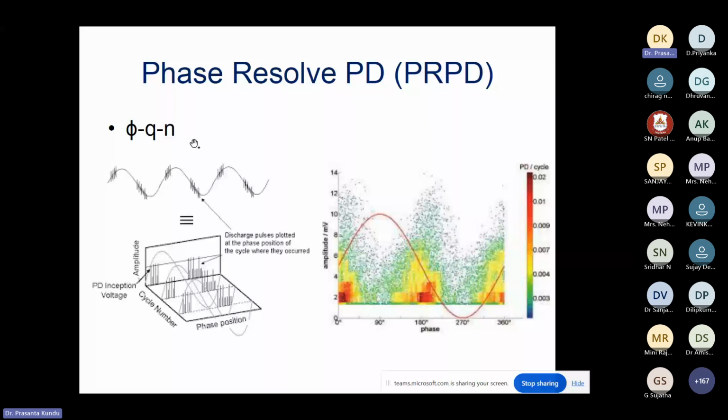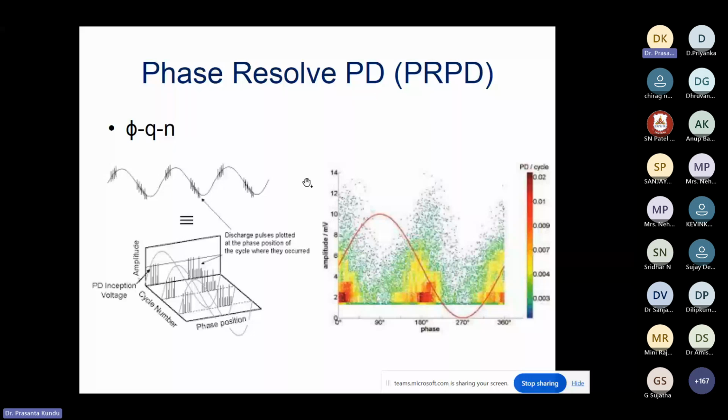I have shown two diagrams. You can plot this for the different types of partial discharges, meaning partial discharges occurring adjacent to the conductor, in the void, on the surface, in a very critical zone, or wherever it is occurring. They will have different patterns of partial discharges. It won't happen in a similar manner. So for this phi-q-n, if you measure the partial discharge for some time, for example 1 minute, there will be many cycles, not only one cycle. You don't measure the partial discharge for only one cycle to get the PRPD. We measure for a few cycles.